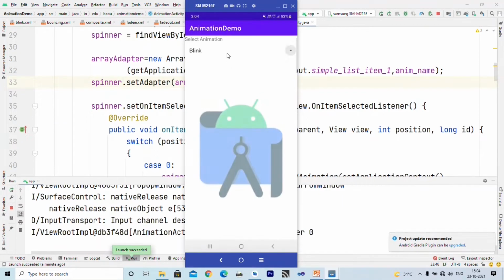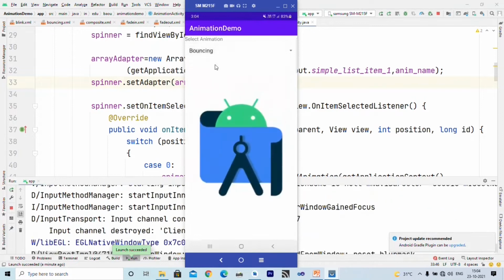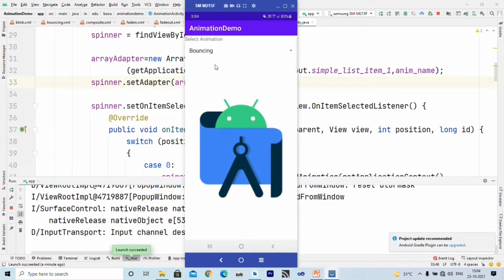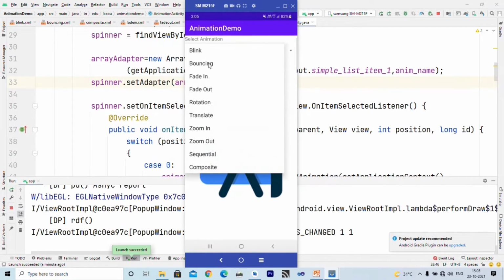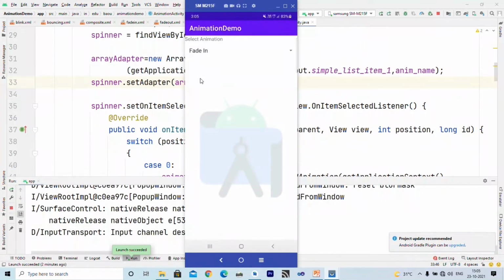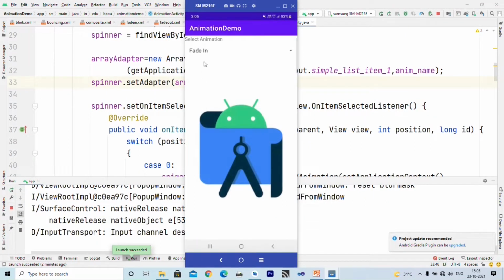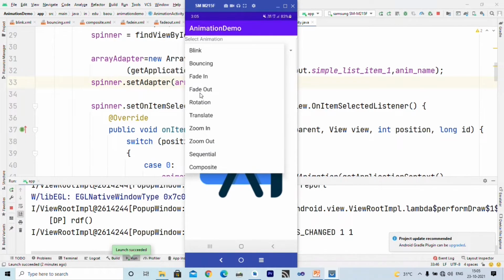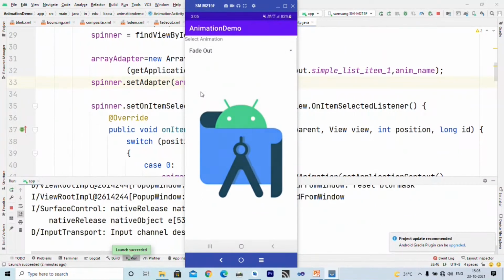Suppose I click on bouncing, it will bounce on its position. Then we have fade in, so you can see it slowly displays. Then we have fade out, so it slowly disappears from the screen.